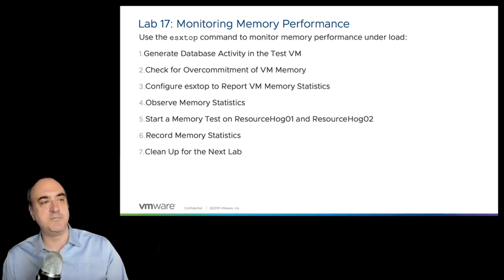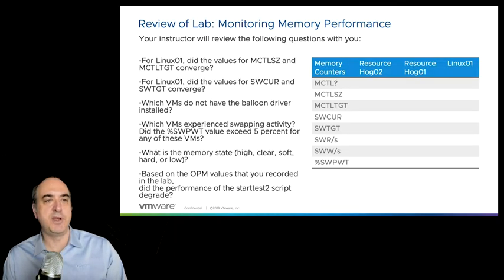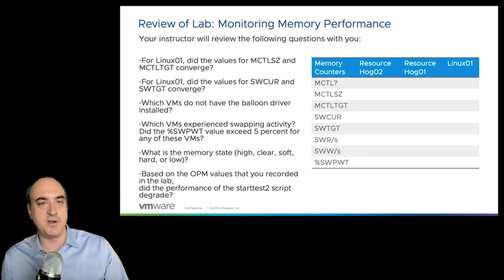At this point in time, there shouldn't be any overcommitment. You'll get the baseline memory stats, and then in task 5, we'll have you launch that resource hog 1 and 2 on the same host and see what happens. Now, what we want you to record are things such as, is the Balloon driver enabled in any one of those VMs? Well, we should find the Balloon driver is already enabled and running in the Linux VM. It shouldn't be running in any of those resource hogs because they boot off of an ISO where we can't